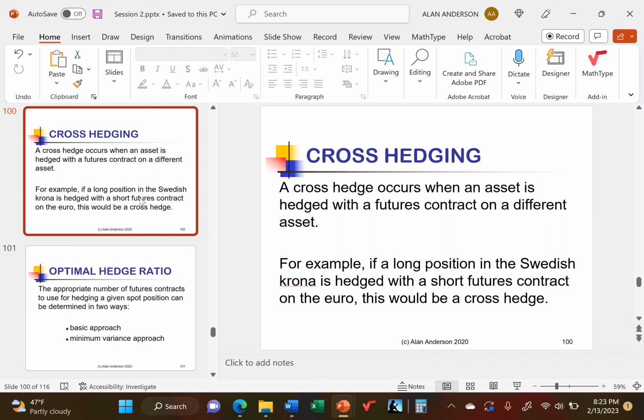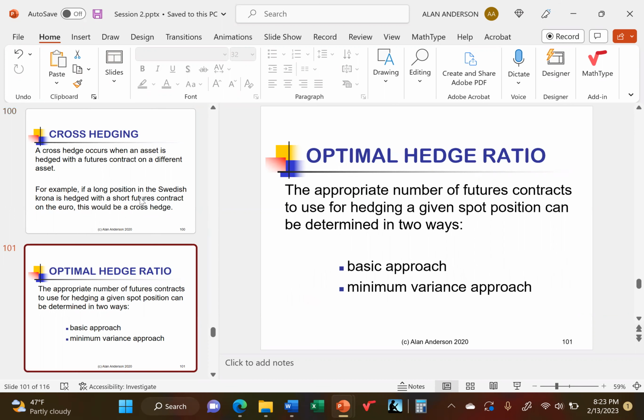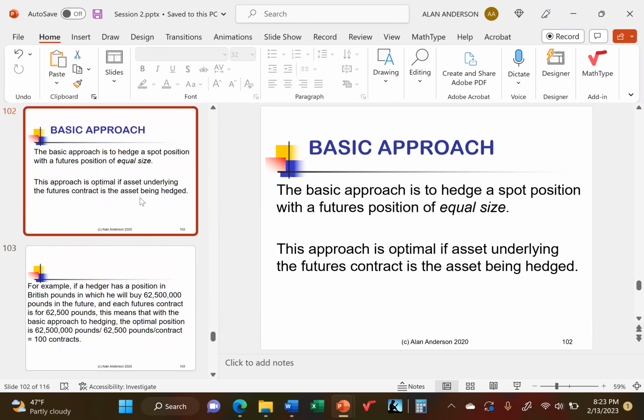Now that raises another question: how many contracts should I buy to hedge my position? Well, there's a couple of ways I can go about this. You can see the two titles here. The basic approach is kind of simplistic, but it can do a very good job. The minimum variance approach is a little bit more sophisticated, but it's also more complicated to implement, as you can probably imagine. The basic approach just says, listen, the position you're hedging and the futures position should be of